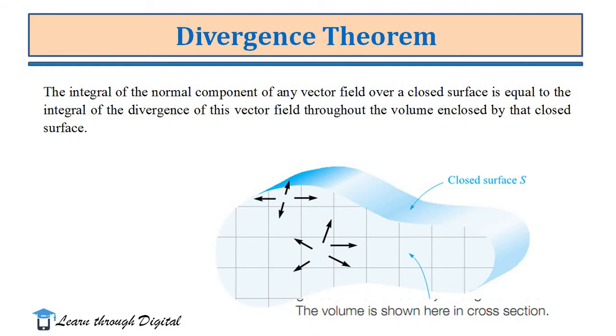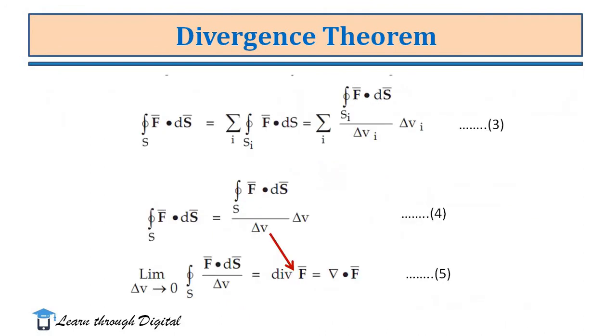Here, this figure shows how a closed surface S encloses a volume V for which the divergence theorem is applicable. Now, let us consider a closed surface that encloses a certain volume V. Subdivide this volume V into a large number of subsections called cells. Let the vector field associated with the surface S be F vector. Then, if the ith cell has the volume delta Vi and is bounded by the surface Si, then it can be